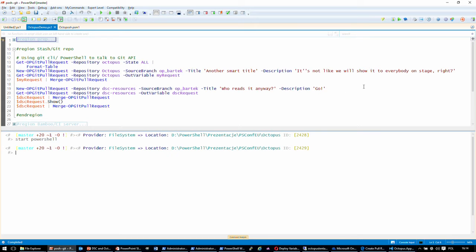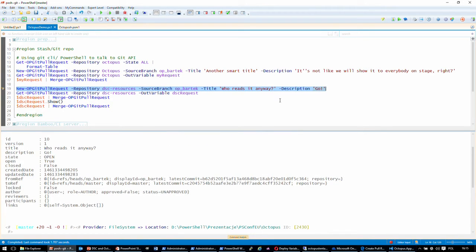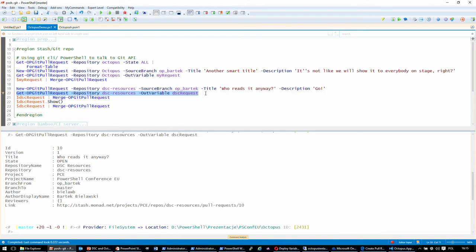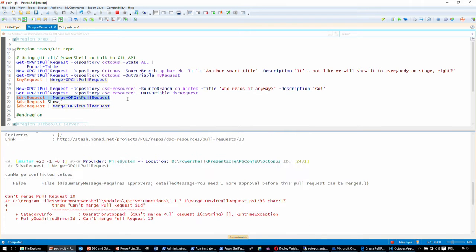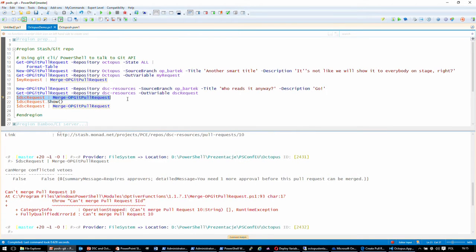So, if everything is okay, we should have a pull request ready for that one. We can get the pull request. The one thing that we also added is that we require review. So the moment you put some code, you create a pull request, there has to be somebody reviewing it. And this already says, hey,